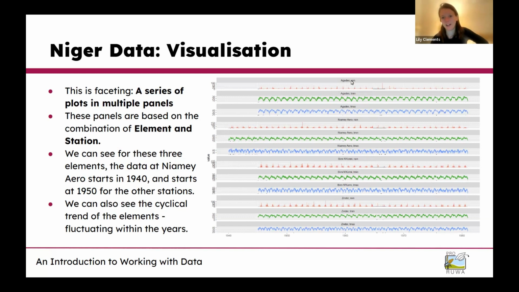So here each plot is a different station followed by a different element. And this is going across. On the x-axis, we have our year, and on the y-axis, we have our value. So let's just look at Niamey Aero for Tmin, our minimum temperature, and we can see that cyclical yearly trend of that temperature fluctuation, and similarly so with rainfall. We can see that there's a big spike here, and obviously